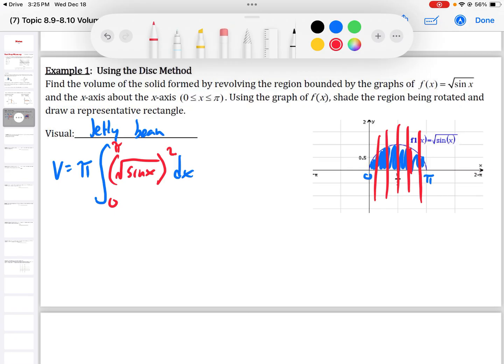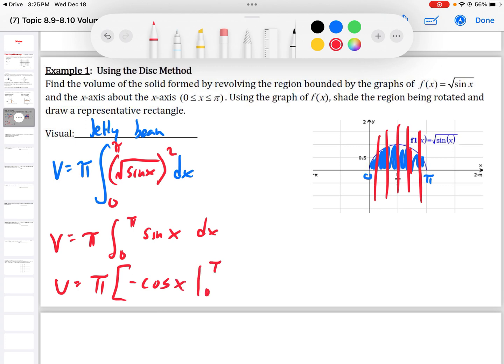dx. All right, so now we solve this down. This would be pi. What we're going to do in this step right here is remove that squared. The squared takes away the square root. The antiderivative of sine is negative cosine, and I evaluate that from 0 to pi. So this volume is going to be pi times negative cosine of pi. Cosine of pi is -1, and negative of that is 1. Cosine of 0 is positive 1, so I'm subtracting a